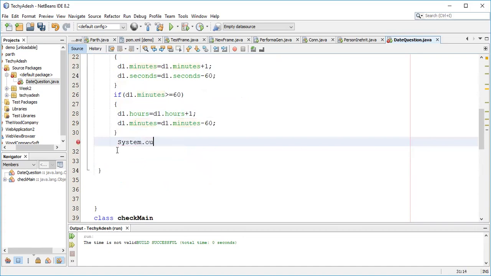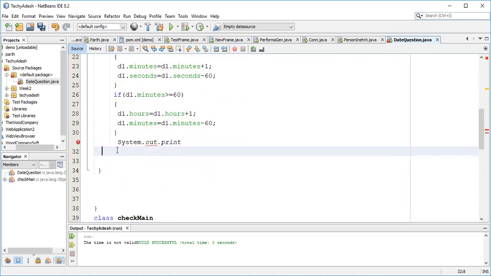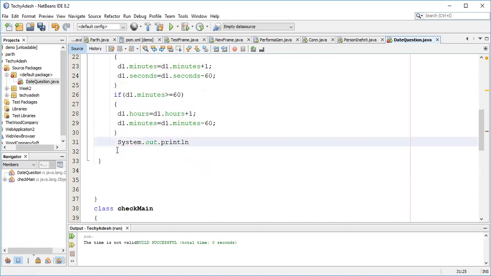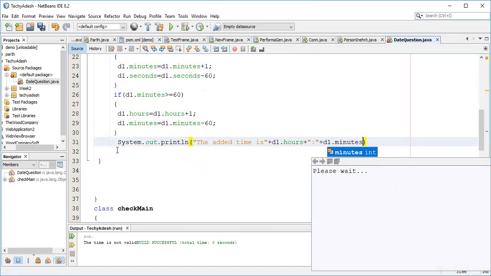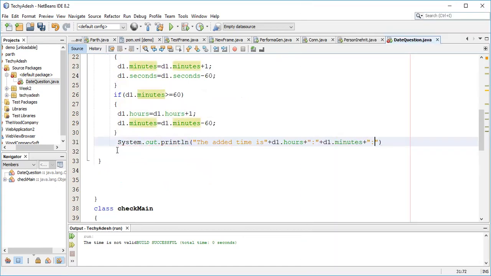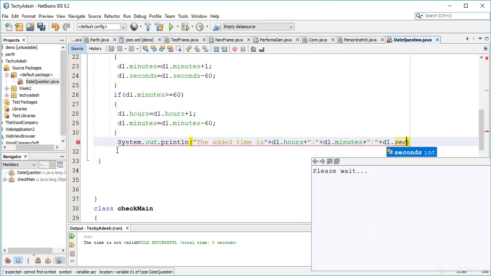System.out.println, we can say, the added time is, now I can pass all the values: d1.hours plus, I'm giving these symbols between the hours, minutes and seconds, plus d1.minutes plus d1.seconds, right?